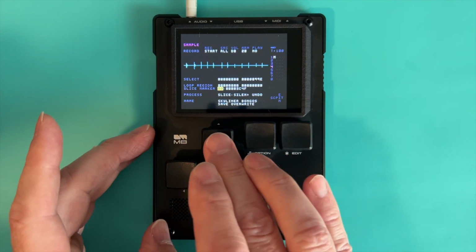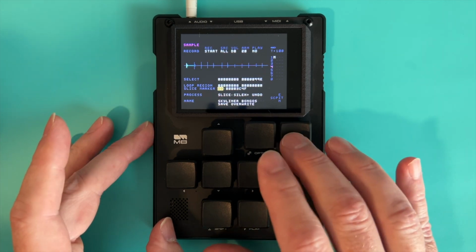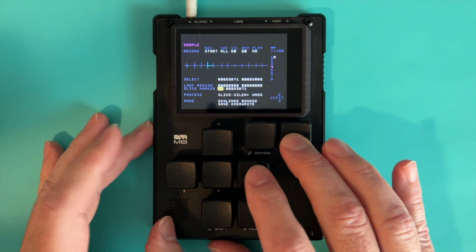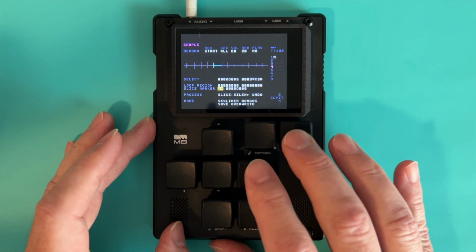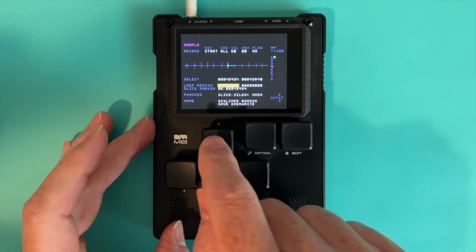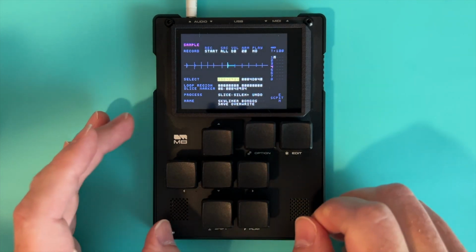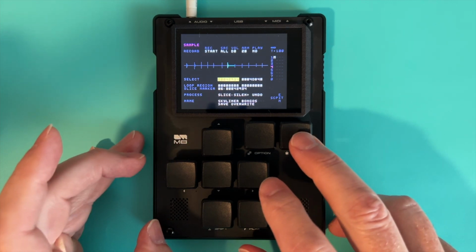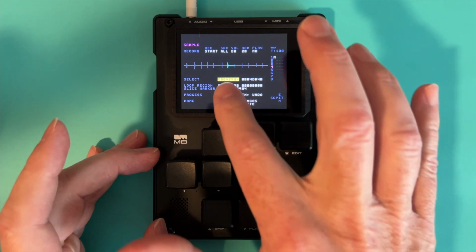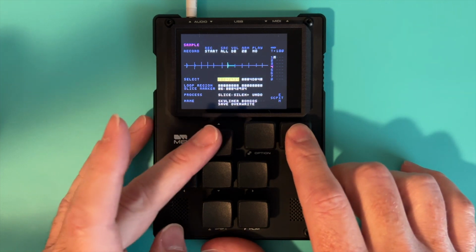And then if you go up here to right by the slice marker there, you can hold down edit and you can go through your different slices and play them. Now, if you wanted to adjust them, of course you can do that too. It's telling me the start and end point of that sample there. If I want to change the start and end point of it, well, that's the start point there. So I can edit the start point if I hold down edit and